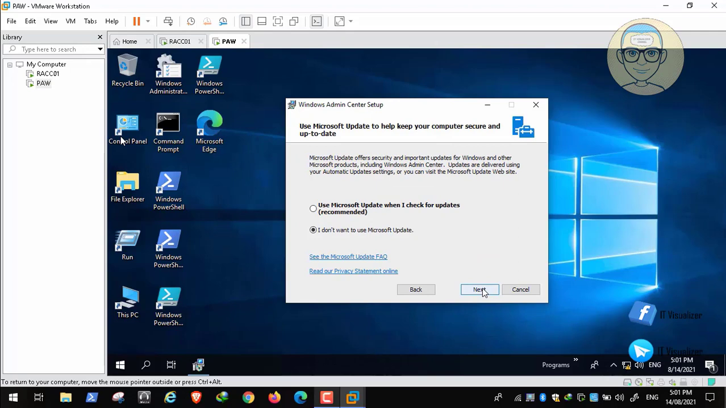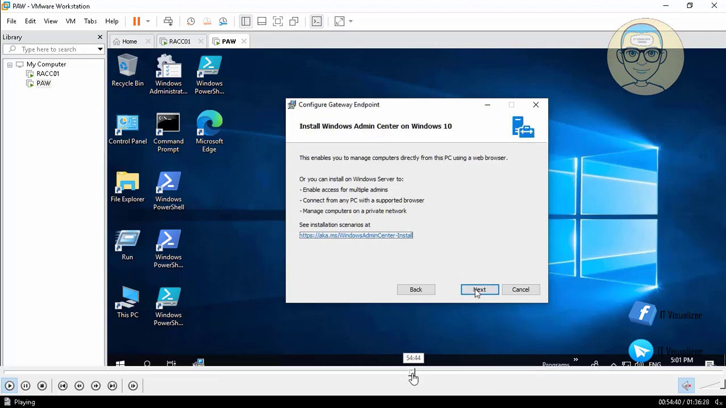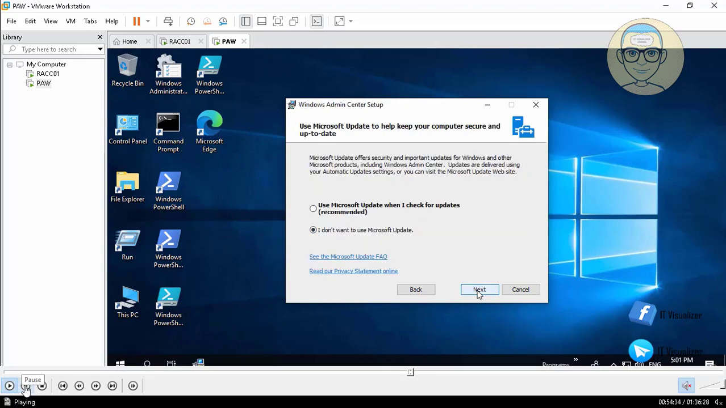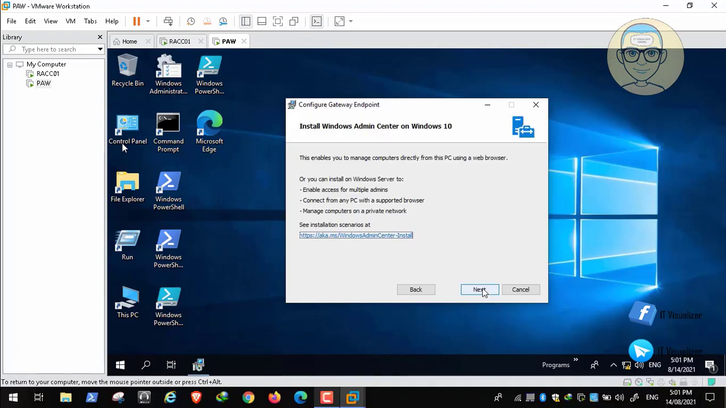Then we do not want to use Windows Update. You can check for updates for this Windows Admin Center, but I don't have internet access on this machine, so I will use this version only. Next, and then next you can install. Okay,